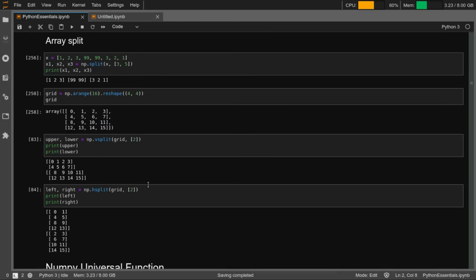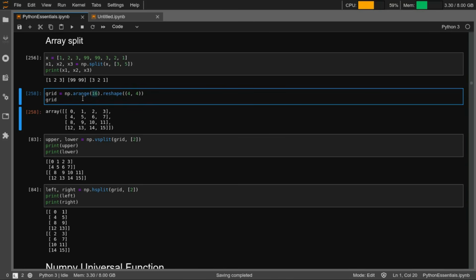Next comes the splitting of arrays. There you have functions like reshape, vsplit, and hsplit, right? So let's say you have np.arange(16). It will generate a unidimensional array with 16 elements, right?